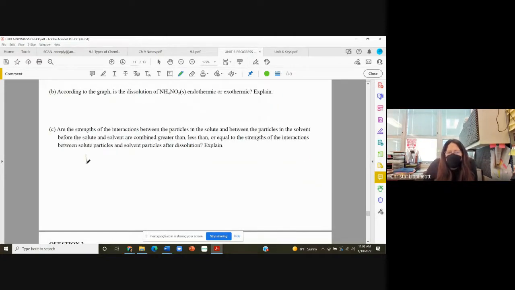So the temperature was a decrease. And if your temperature decreases, then that's going to indicate that the strength of the intermolecular force or the strength of the interactions between those solvent particles and the solute particles